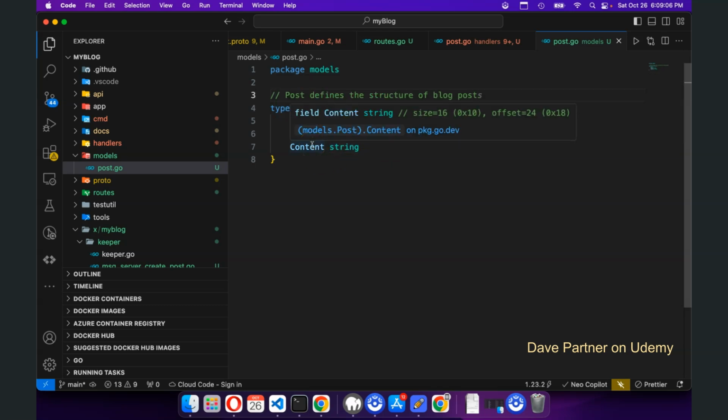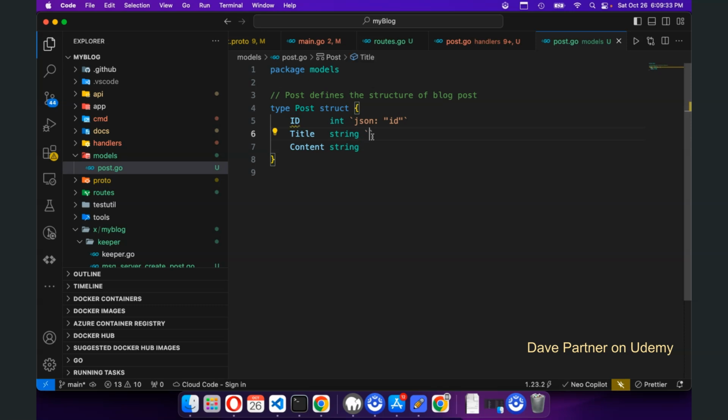So basically, because here we're trying to send data to the database as a form of post that has a title and a content, we're just gonna use backticks here, and we define it as `json:"id"` and backtick. The backtick is before the number 1 on your keyboard at the top left corner. So `json:"title"`